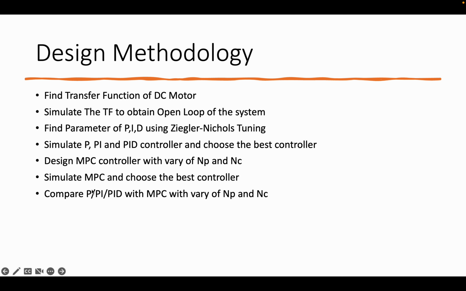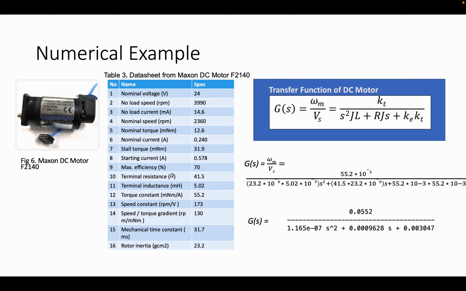And lastly, I compare the best controller, the PID, with the MPC, varying NP and NC. So this is the numerical example. On the left side is the motor that I use for this report, a Maxon DC motor F2140. And this is the datasheet of the Maxon DC motor. From the datasheet, I substitute into the transfer function of the DC motor, and I get the transfer function